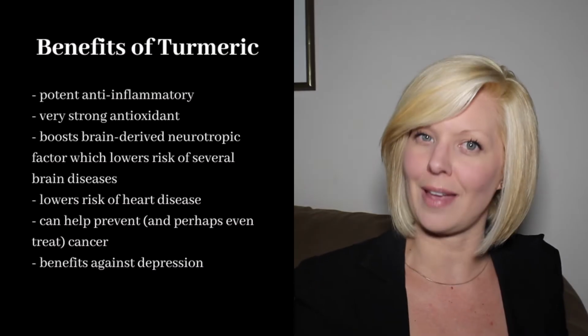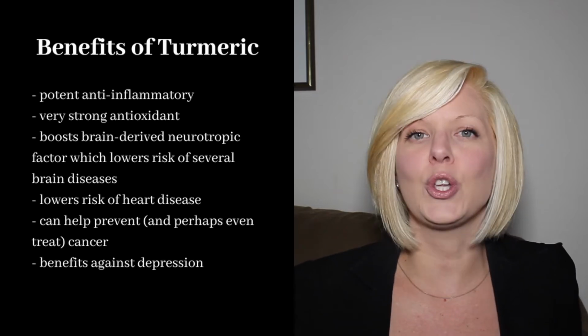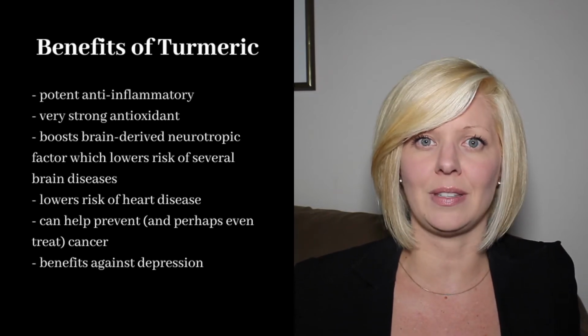Another issue that we need to address is that its absorbability is actually quite low. But when you add black pepper to it, its absorption skyrockets to 2000%. So any supplement usually has that in there as well. Once it does, it has so many health benefits, including the anti-inflammatory effects, which are used for many different diseases,